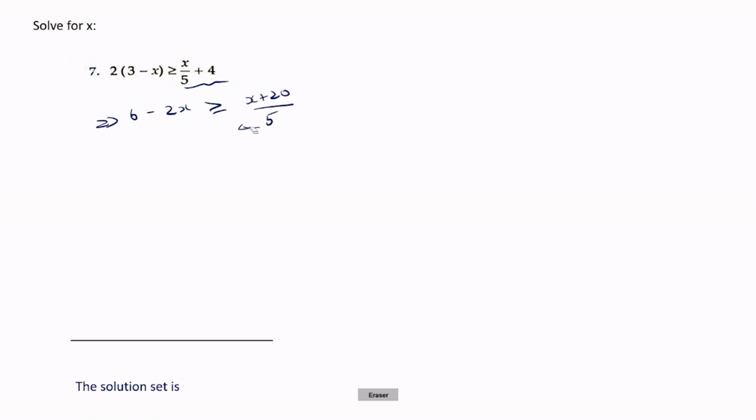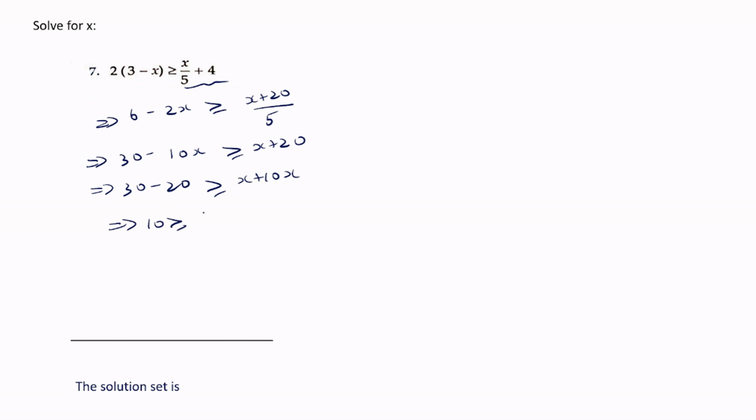Let us cross multiply this so that we get 30 minus 10x greater than or equal to x plus 20. Now let us transpose this 20 to the other side and minus 10x to the right hand side. As a result, we get 30 minus 20 greater than or equal to x plus 10x. Or we have 10 greater than or equal to 11x. From this we get 11x less than or equal to 10, or x less than or equal to 10 by